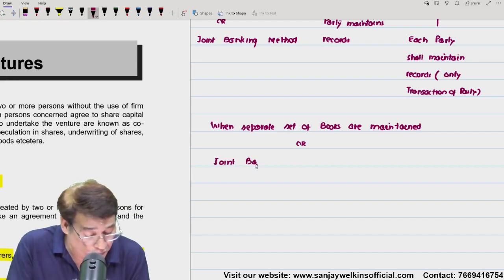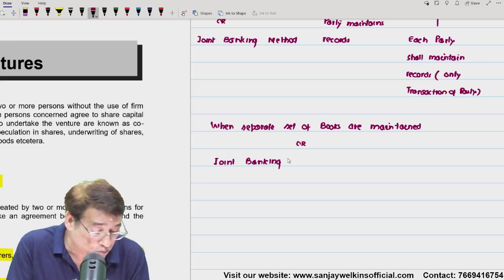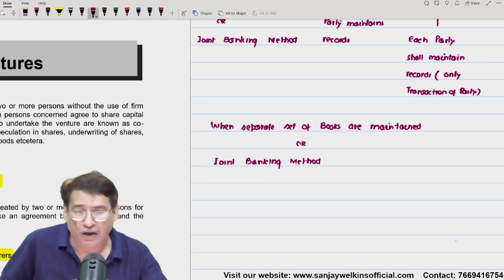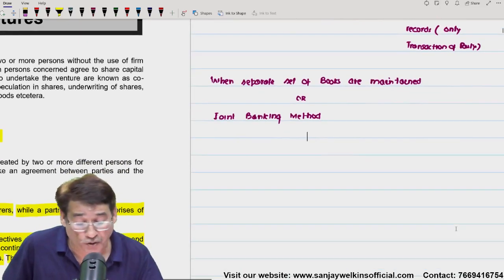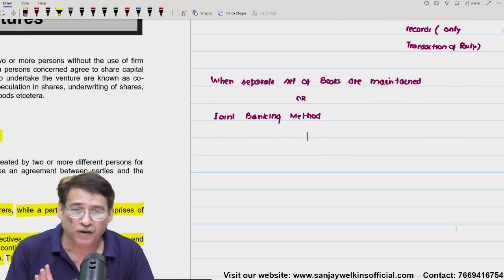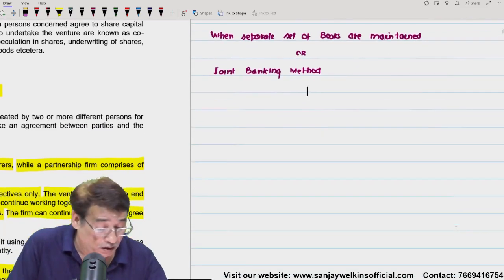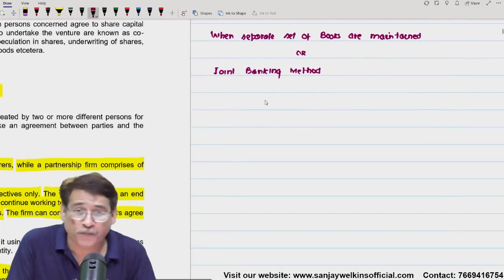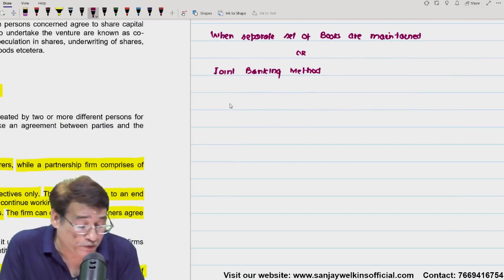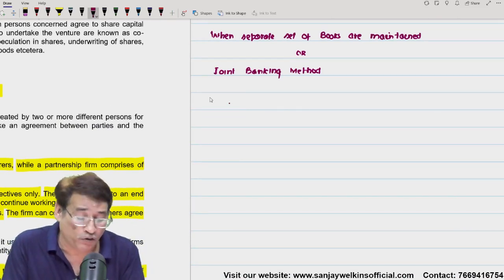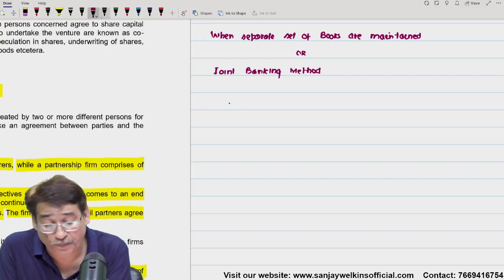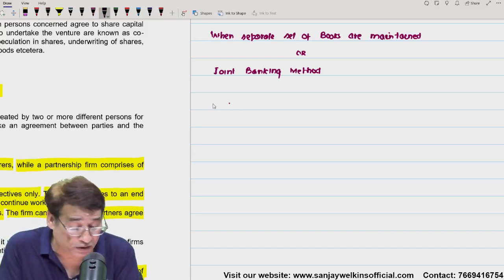It is also known as joint banking method. So how are we supposed to do the accounting under this particular method? Correct? Try to understand this particular point. In order to understand this method, let us say